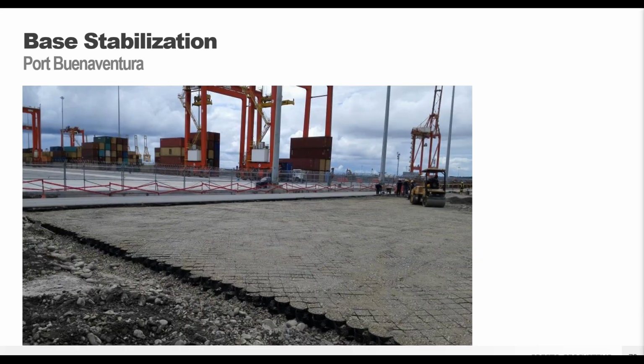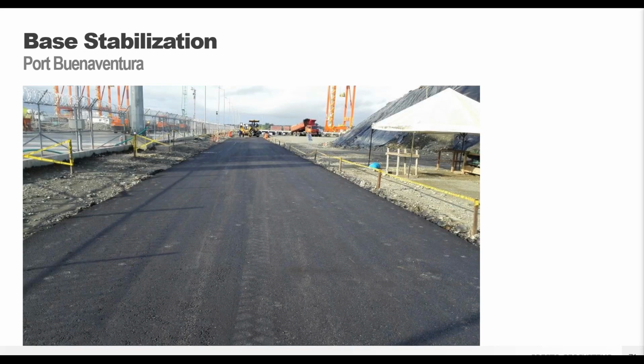So here's what it looks like right before they decided to start placing the asphalt. So they had the smooth barrel roller go across. Everything's nice and smooth, ready for a good, clean asphalt surface. And then here's what that looked like. And so the key to this project was to provide that stable base layer. And in the end, they were actually even able to reduce the thickness of the asphalt. So they were able to go from a 6-inch asphalt surface to a 4-inch. So nice little extra savings there.